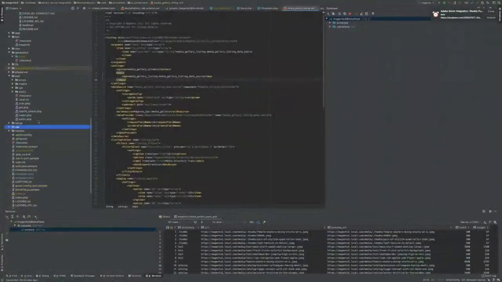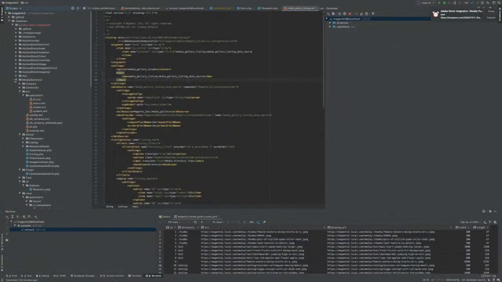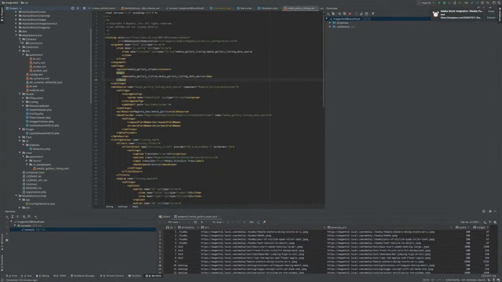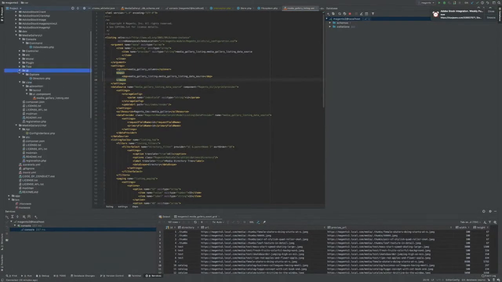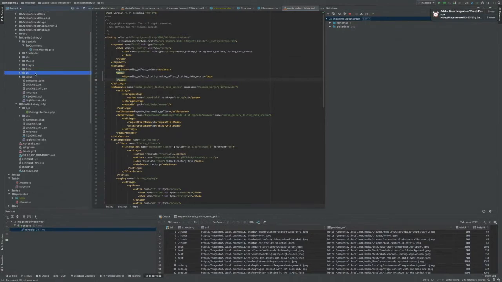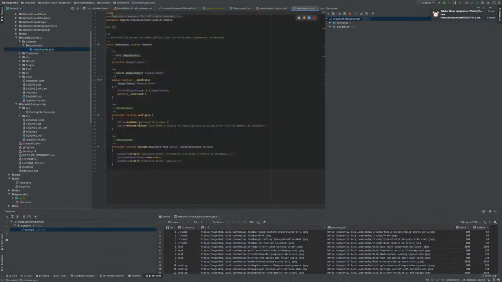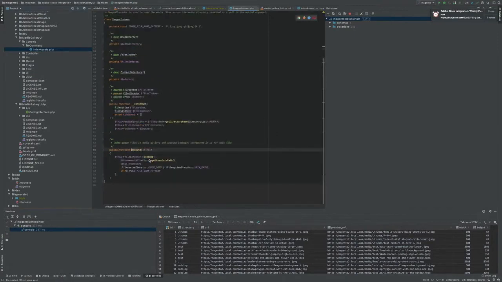I call it prototype, but actually that's a working index that was added really quickly by me to unblock the filters and tasks and other improvements to the grid. And that's the CLI command called media gallery index. So what it does, it basically calls the image indexer that is utilizing files indexer